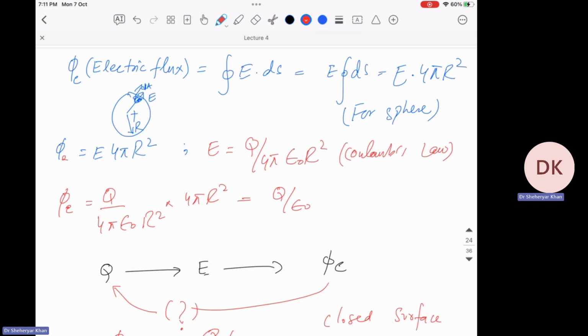Now, what does this physically mean? This means that the more Coulomb charge you have, the more flux lines you have. But there's epsilon naught, the permittivity of free space, right? So that means that the charge multiplied by 1 over epsilon naught will give you the electric field lines, or the flux. Now we have completed this part here. Q gives electric field lines and flux